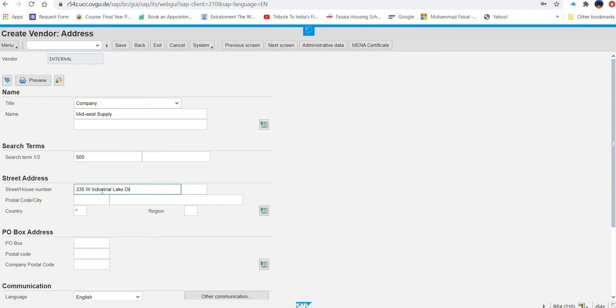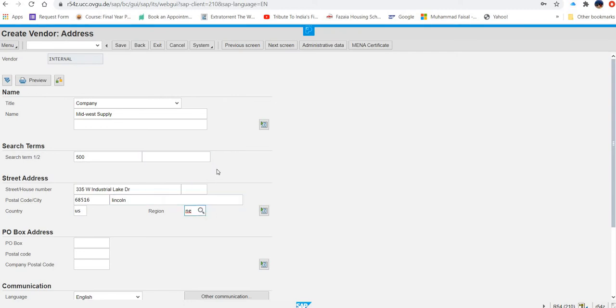Then they are saying postal code 68516. Lincoln is the city, so we put Lincoln. Then country is US and region is NE.